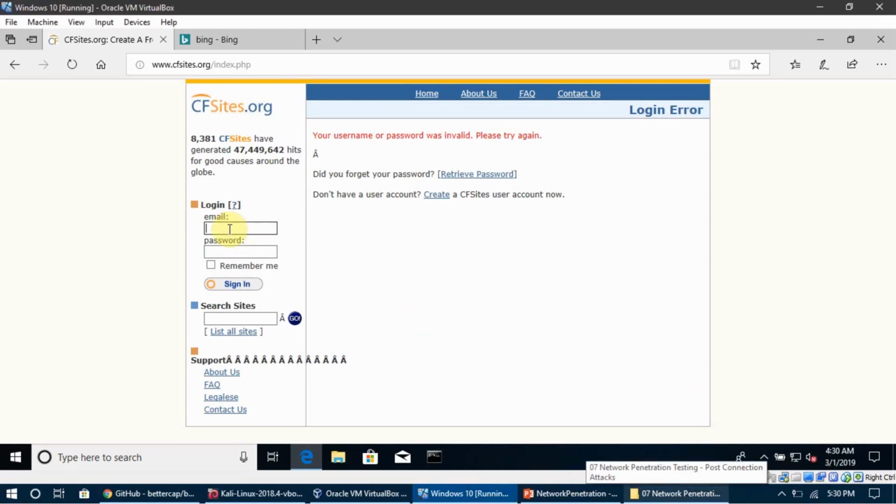So now I can actually type any email address I want. For example, I can say bilalshah@gmail.com, and here I can put a password. For example, I say Bilal Shah, and I click sign in. So I don't have to actually click sign in to capture the keystrokes because the keylogger is written for us, and we don't need to actually press any button or anything for it to capture the keystrokes.